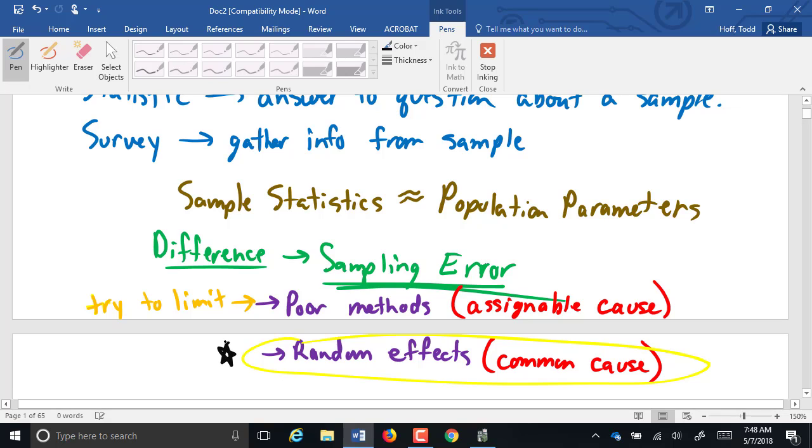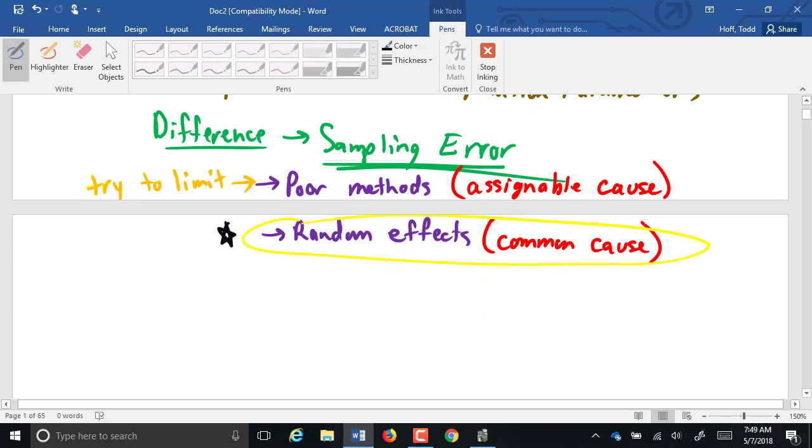Let's talk just a little bit about that common cause, the random effects. Let's say you're testing parts off that line. You're testing those parts to see if they hold the strength, the force that they need to. So once every 20 minutes, you go out and you grab a part coming off the line, you go in and you run it through your test. There is a small chance that you might just be grabbing parts off the line that are really strong, and the rest of the parts on the line are too weak and aren't going to hold the force. Does that make sense? Because what's going to happen is as those parts are produced, some are going to be weaker, some are going to be stronger. Most of them are going to be right in the middle, but there's a chance that you might be just,